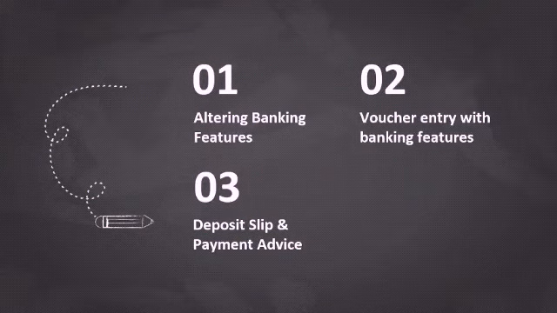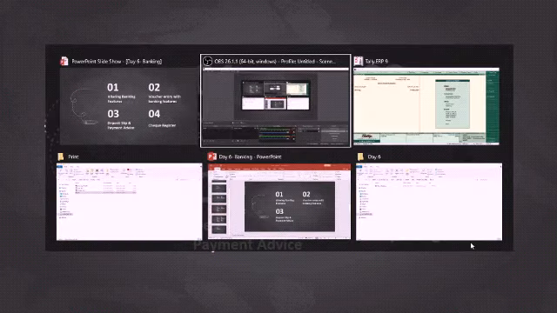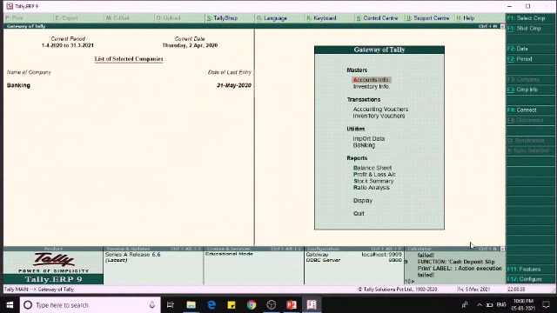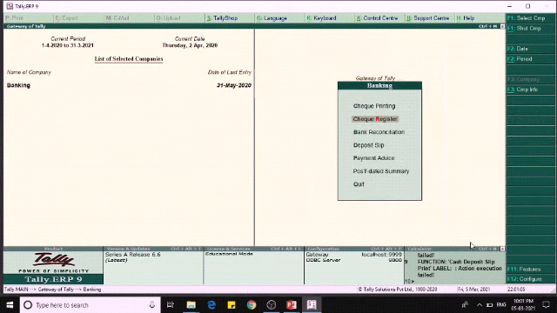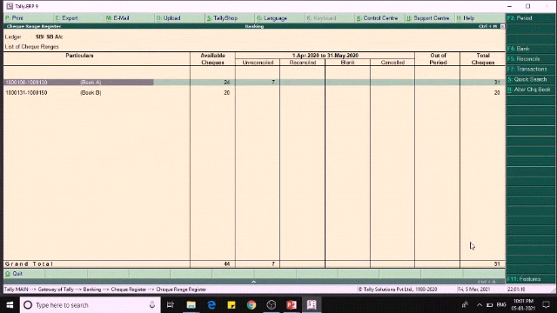Next one is check register. As already discussed, an accountant needs a ready reference table with regard to all checkbooks, especially in the government sector, or the finance controller has to keep this ready at any moment. Now let us see the display of check register. For displaying the check register we go to banking and then check register. We select the bank account, and as we know, we created two books and issued the checks from book A only.